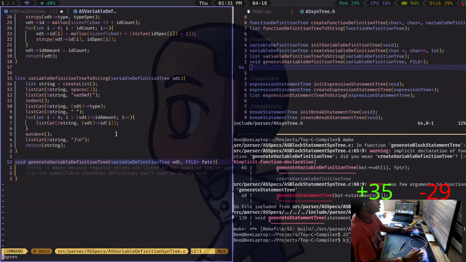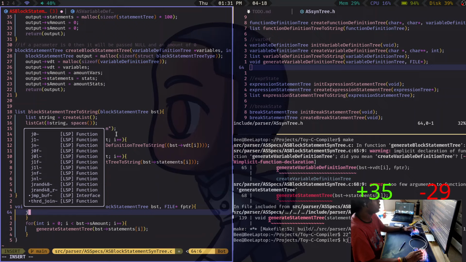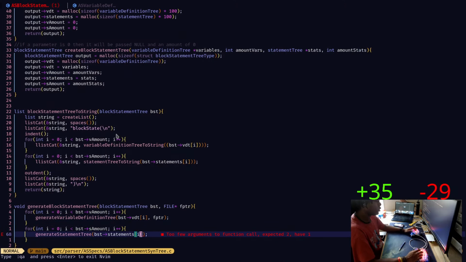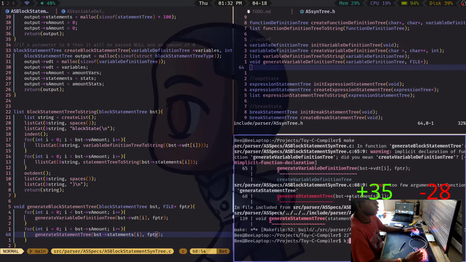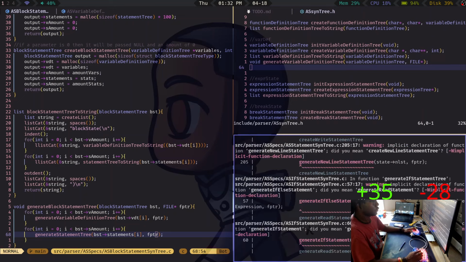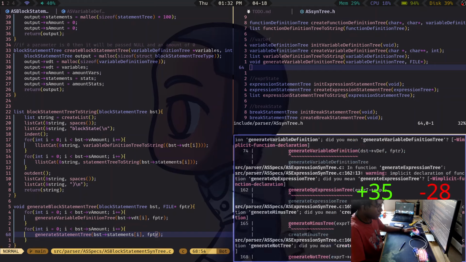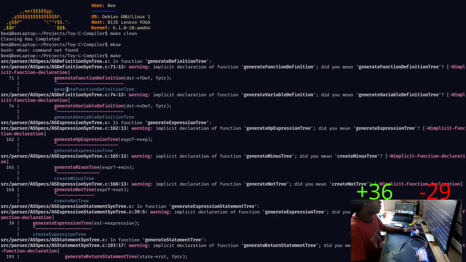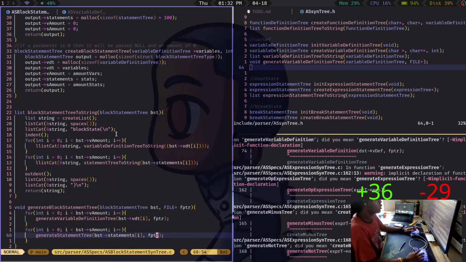So that's that, and that should fix this. Oops. Too few arguments. Right, because we need to pass in the F pointer. And then that should be good. Oh boy. What do we got? Generate function definition. Right. I didn't put tree at the end.